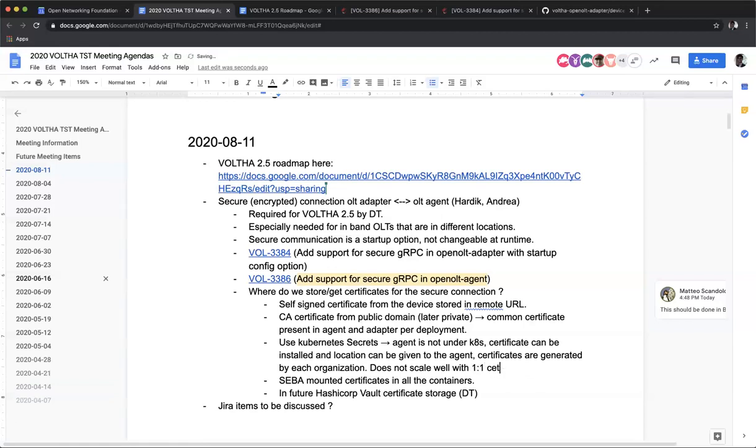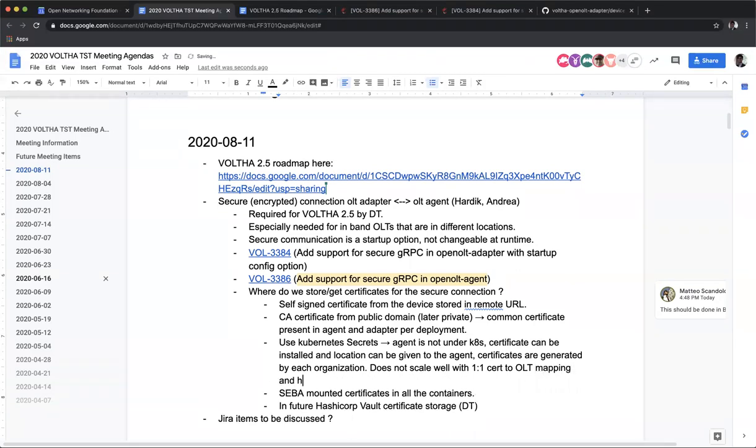Should we clarify that requirement with Deutsche Telekom and all the other telcos? As of now, I guess, are we planning deployment so that each OLT will have its own